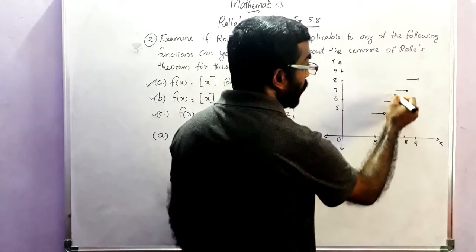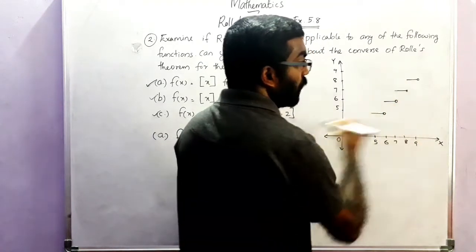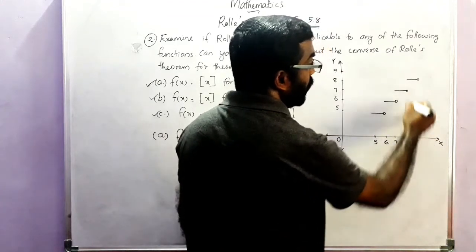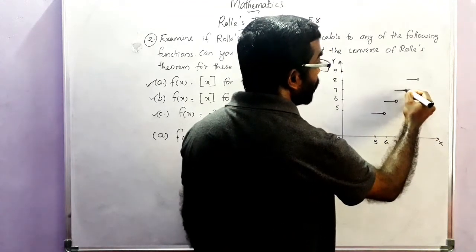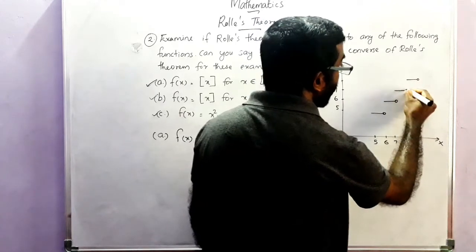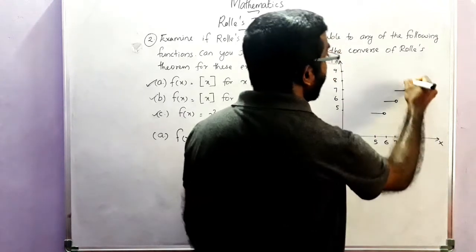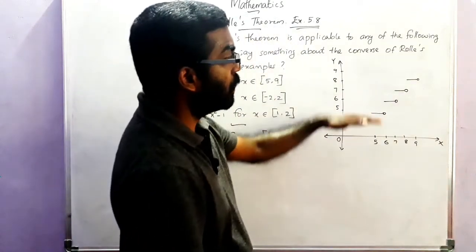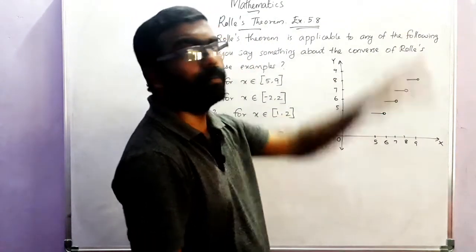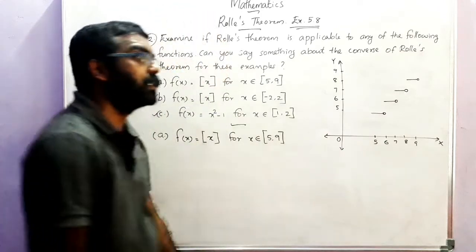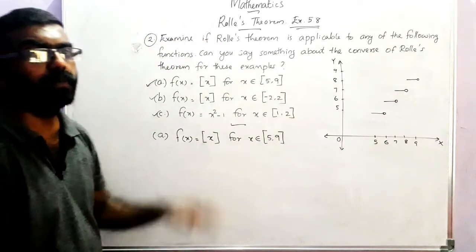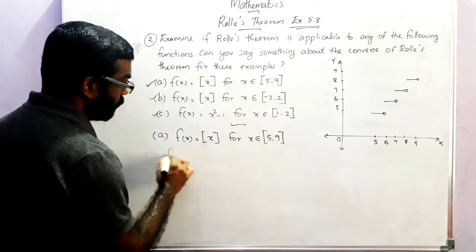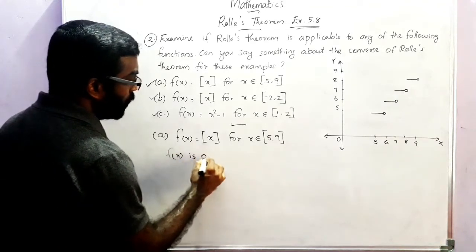But for 7, the value is 7. And 7 to 7.999 etc., that much value we got as 7. But for 8, the value comes to 8. So here the graph has so many breaks. So the function is not continuous. Clearly the function is not continuous. So f of x is not continuous